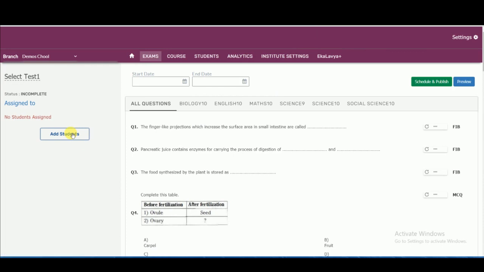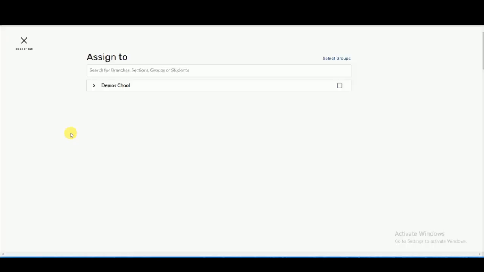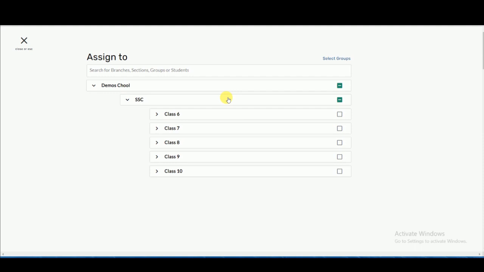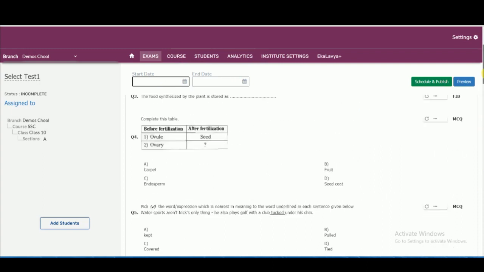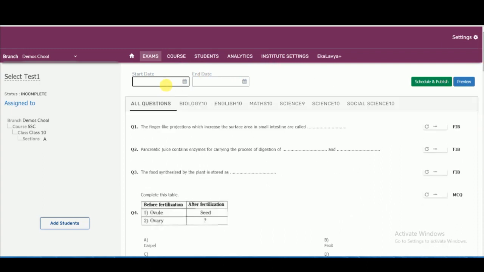Select the branch, course, class, and section. Give a start date and an end date to the test paper.